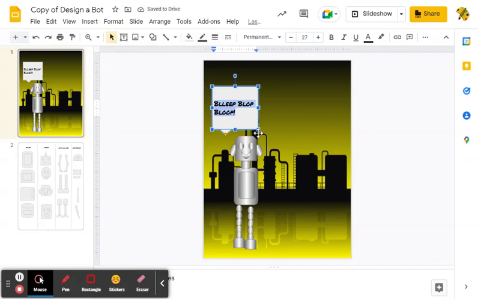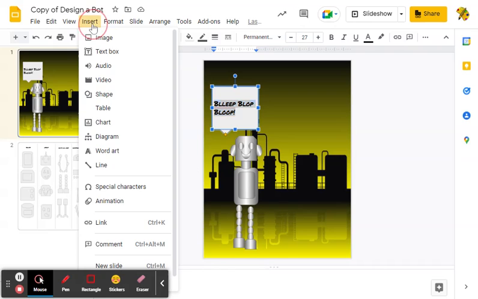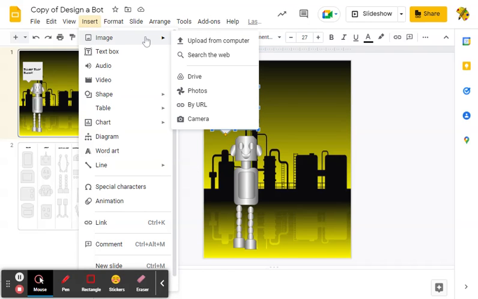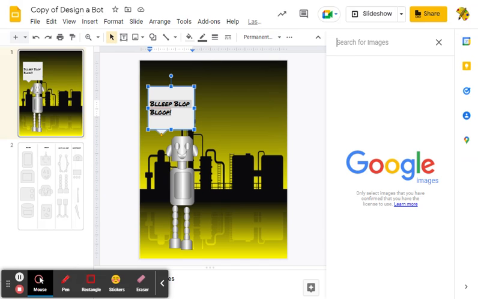All right. So what I would like all of you that are working on this assignment to do is to create yourself a little robot scene. Include a background, include at least two robots and at least two talk bubbles. And yes, of course, if you want to add in extra things, for example, say you wanted to add in a little dog, maybe you want your robot to have a little dog, then yes, you can search the web,